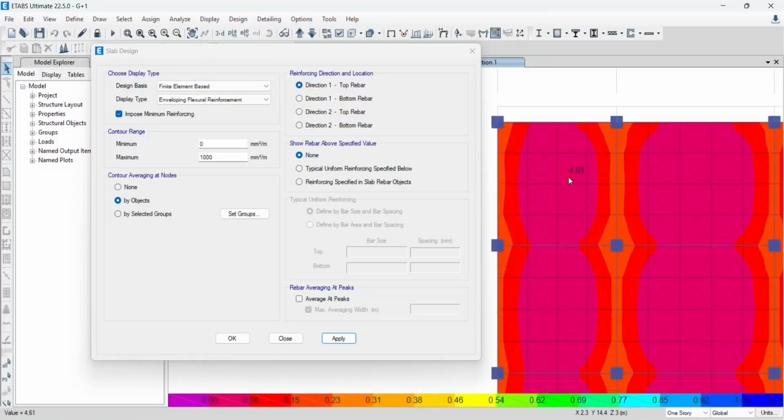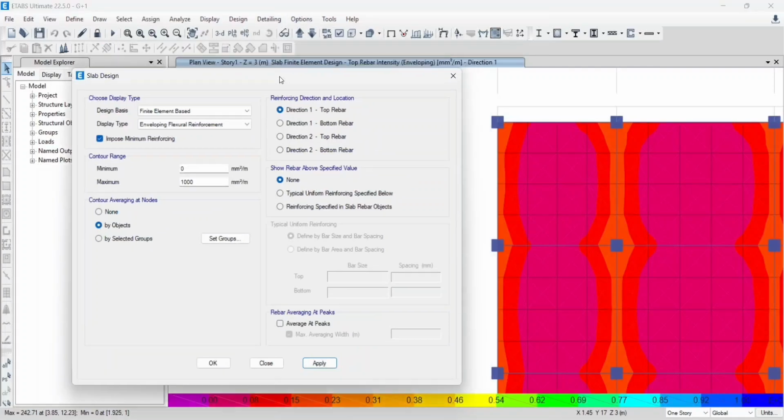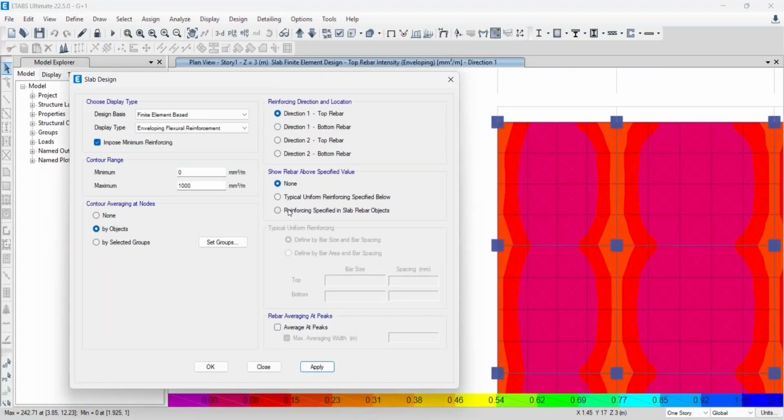As you can see, in our slab a little bit of amount is coming, and first we will select the dia of bar for our slab design. For that you will have to select this middle option, and here is the spacing, here is the dia of bar, and direction 1 top. First we will see the bottom X. Direction 1 means the X direction, our reinforcement in the X direction, and direction 2 our reinforcement in the Y direction. This is the bottom and this is the top.